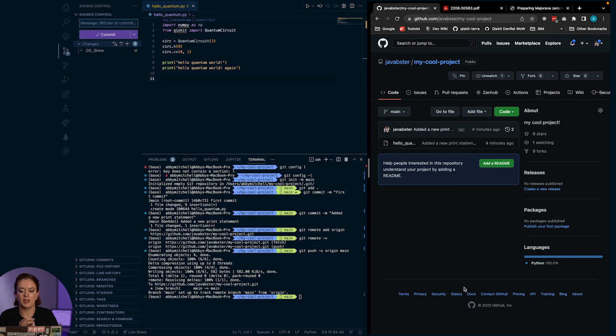So now, I showed you a very trivial example here. I had one file that doesn't really do much, just for demonstration purposes. But let's say hypothetically you had a very nice piece of research code that you have done for some quantum paper that you've written. You can actually cite your GitHub project in your paper.